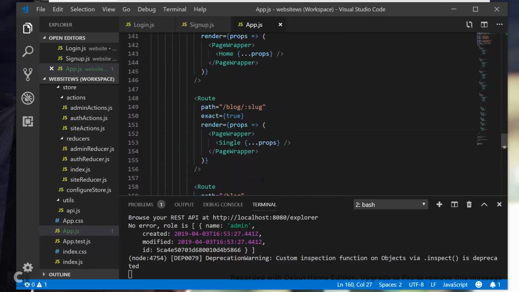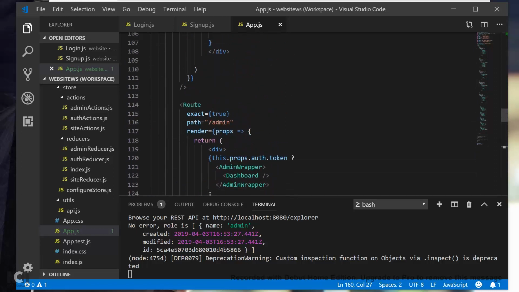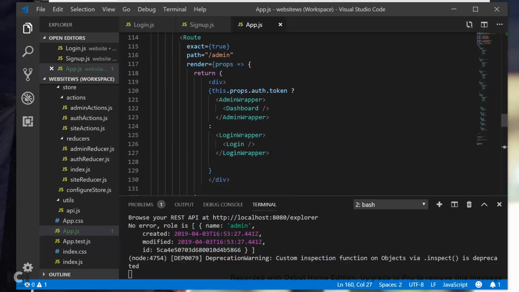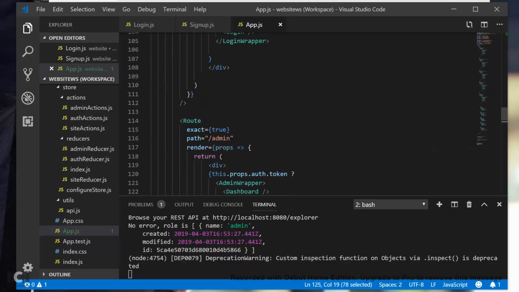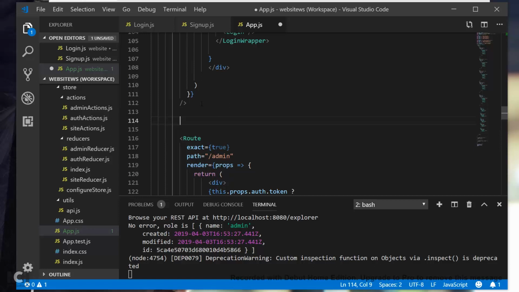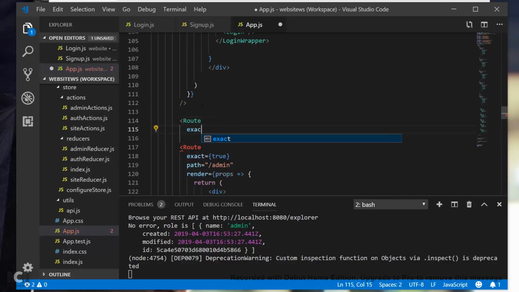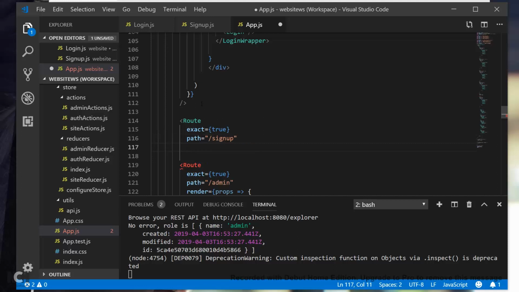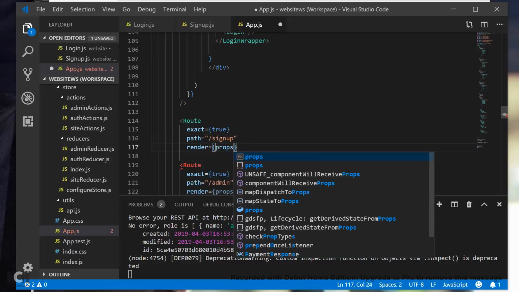Which we actually don't have a login route. Okay, so it's just admin embeds a login route. Okay, so let's go ahead and create a route. Exact is going to be true. Path is going to be sign up. And render